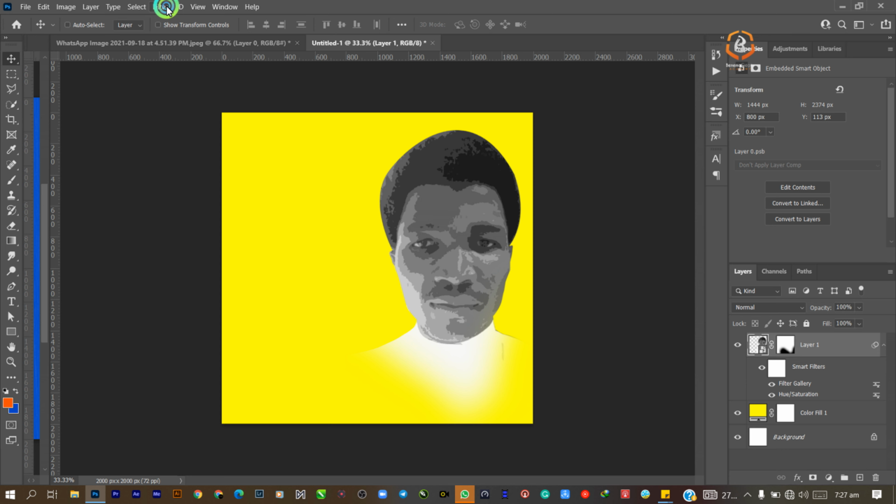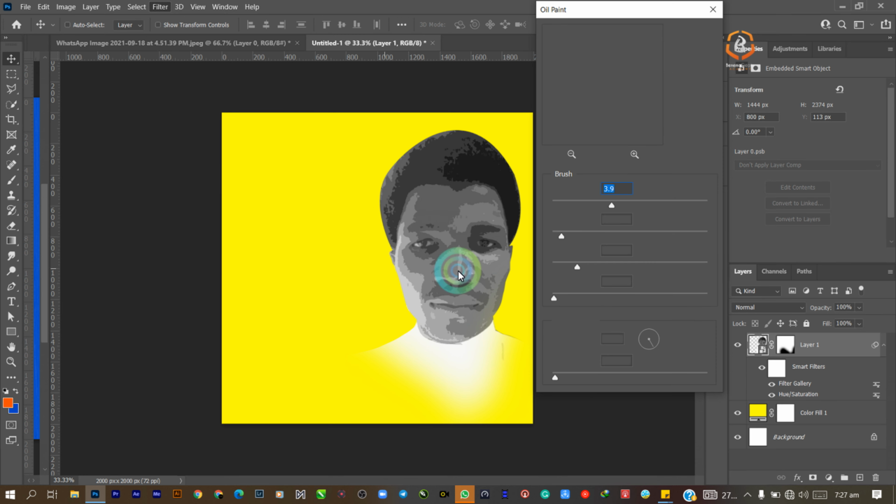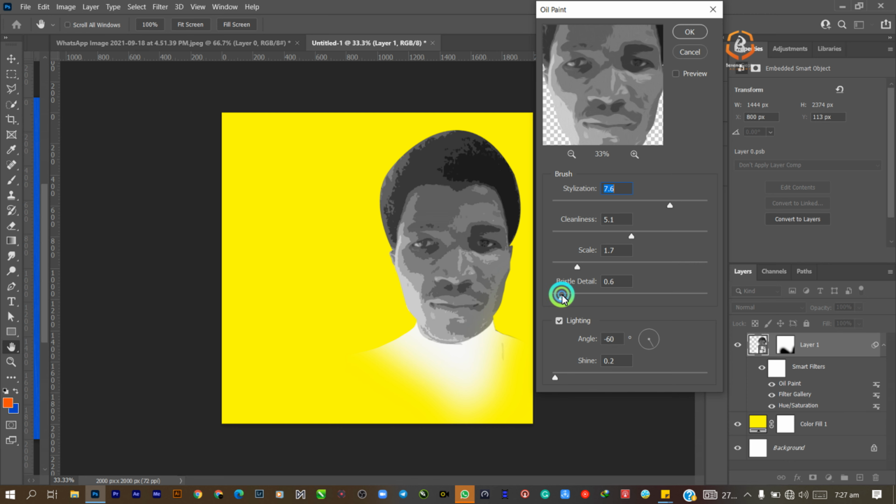Then the next thing I will do is to go to Filter again. I go to Stylize, then Oil Paint. Now let's click on this zoom minus to see the effect of the image on the face. So let's adjust the cleanliness, then let's adjust the stylization, then let's adjust the bristle detail a little bit, then the scale,